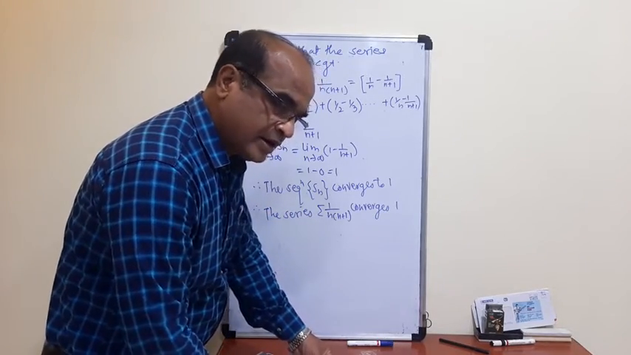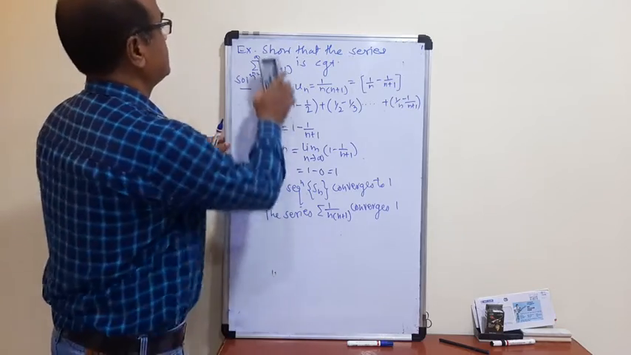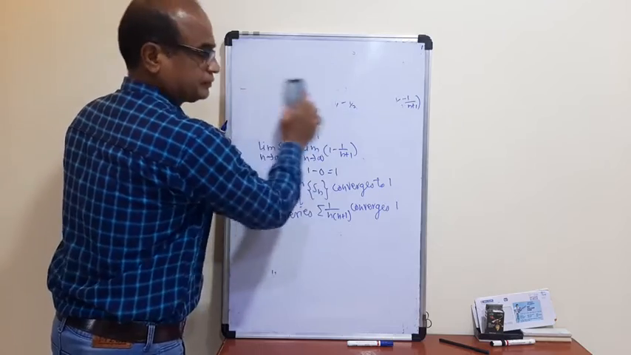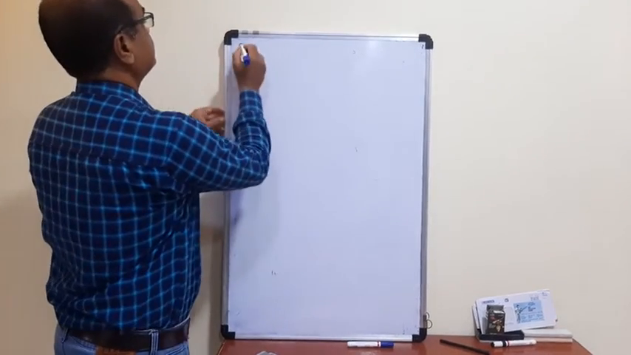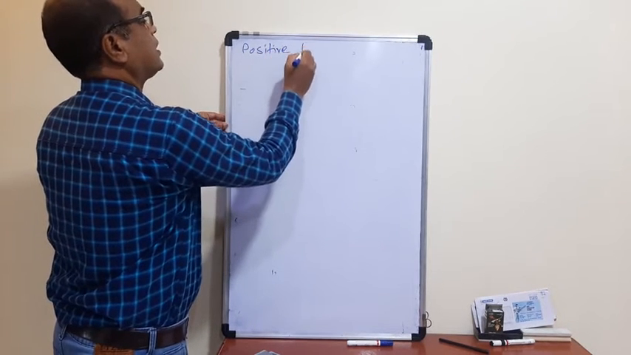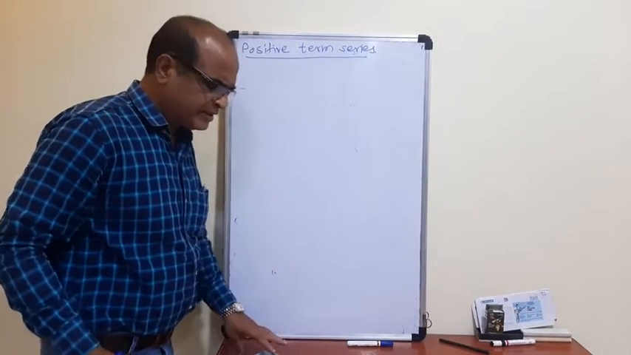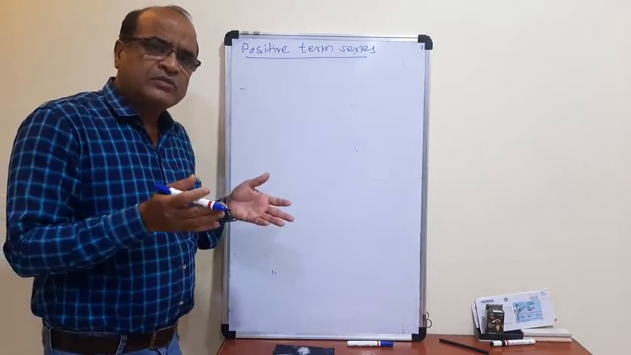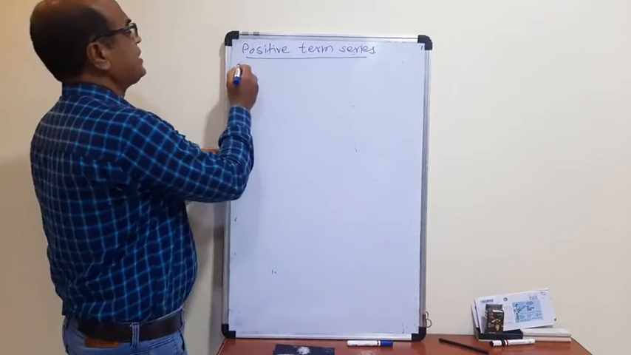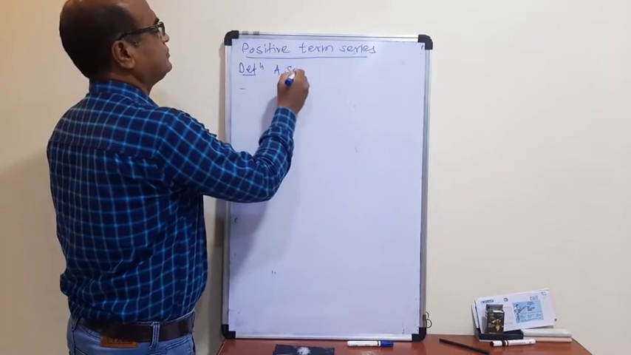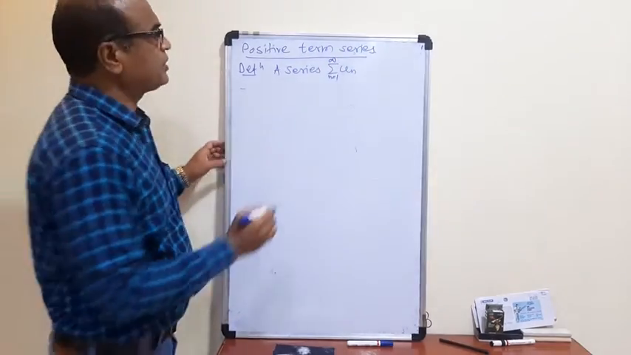So the next part is convergence of series. First we take the positive term series. What is a positive term series? The definition is very simple here. If in a series all terms are positive, then the series is called a positive term series. A series summation un is called a positive term series